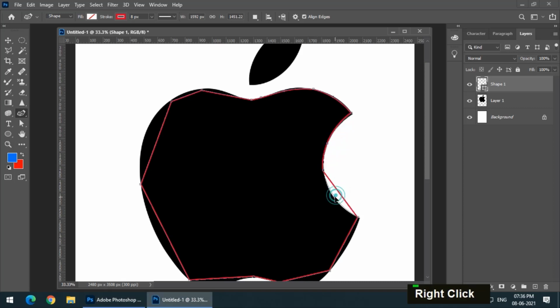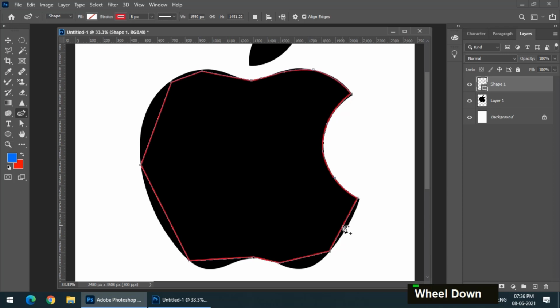Curvature tool is pretty useful. We can simply add now. If you click twice, then it will be converted into a straight line like this.